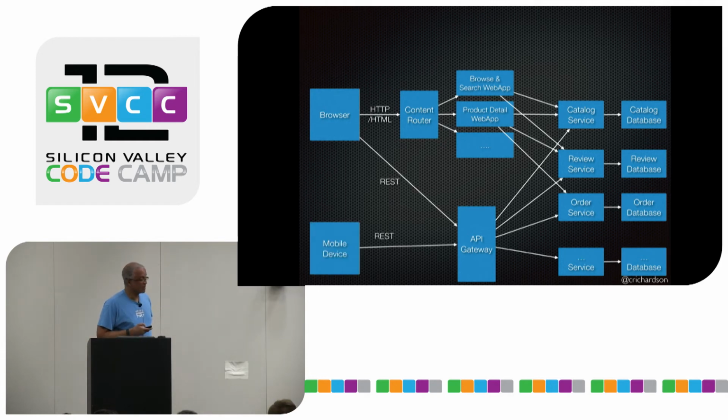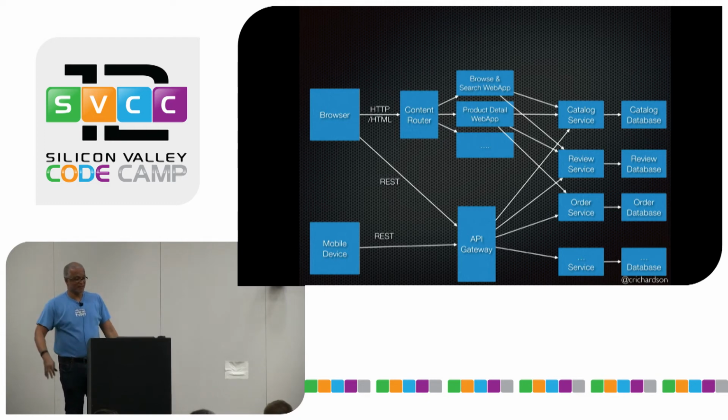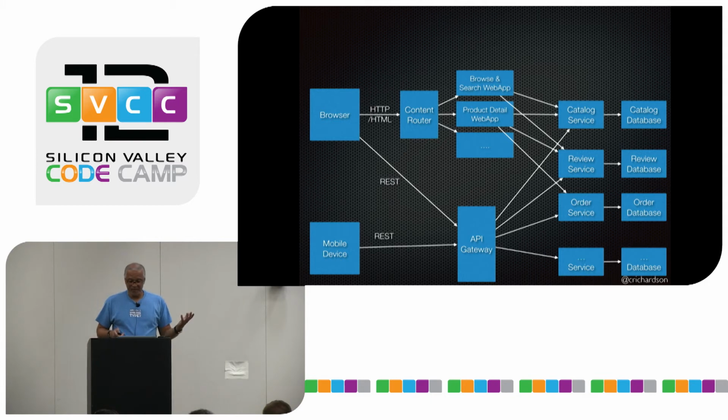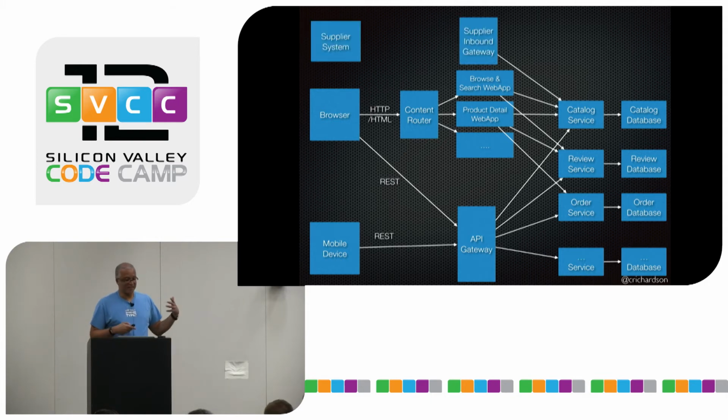And that could be used by a native app running on a mobile device or JavaScript running in the browser. So we've got a much more complicated architecture. We've gone from a set of load-balanced Tomcat instances to, gosh, there's lots of boxes and lines on this diagram. That hints at the complexity of the microservice architecture. But it ends up being a way of delivering software quickly.